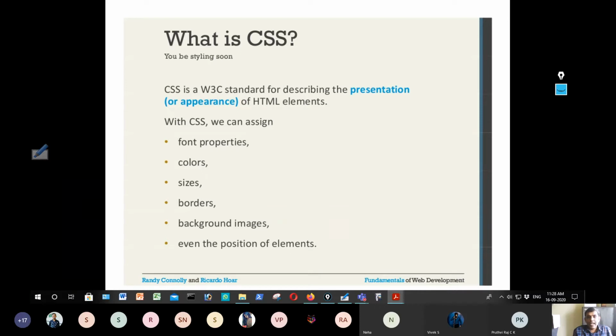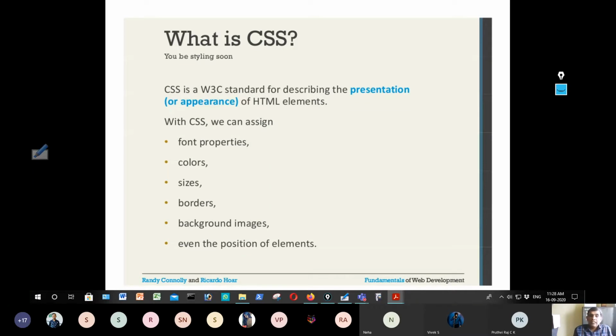So HTML is a markup language, CSS is a style sheet language. HTML gives the structure to the web document, CSS gives the style to the web document. So neither HTML nor CSS is a programming language. You can't add numbers or multiply numbers using CSS. That means if on the web we need to do computation, we need to use some other language like JavaScript, PHP or other scripting languages to do computation. In HTML and CSS, we can just give the structure and style to the document.